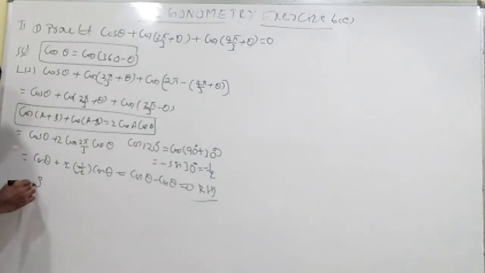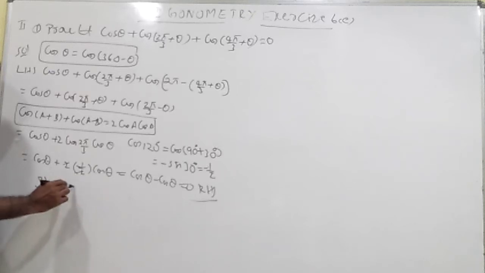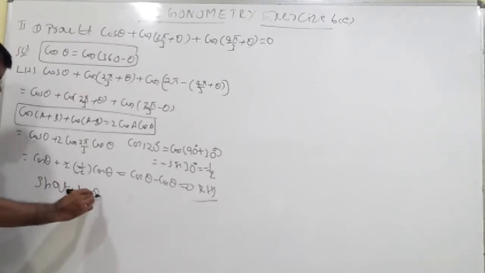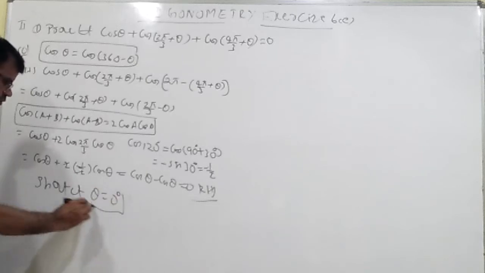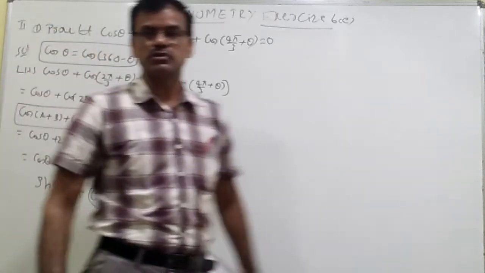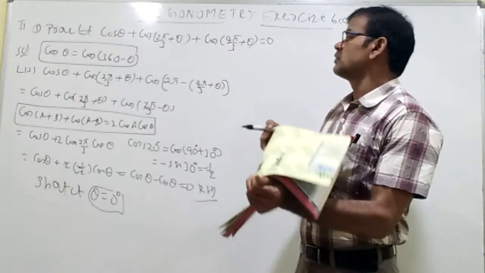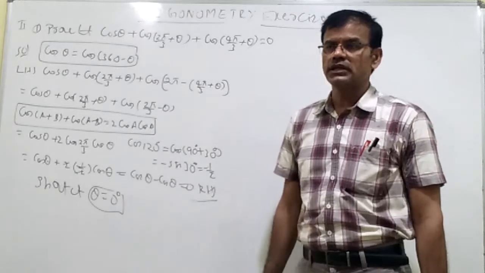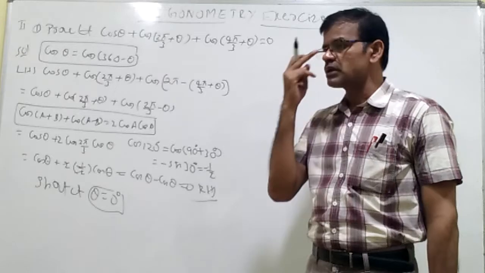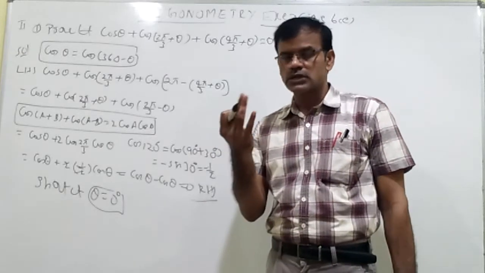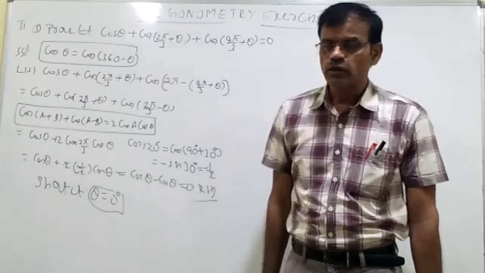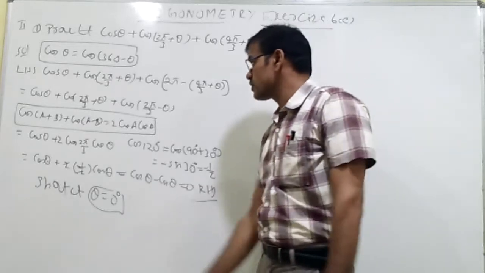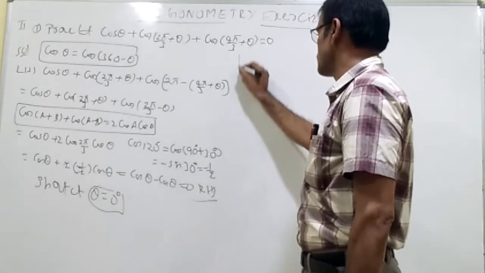For this one, if the same question is given in objective, then you should put the shortcut theta is equal to 0. For objective, for cos or sin, put theta is equal to 0 degrees or 90 degrees. For all other trigonometric values, tan, cot, cosec, sec, theta is equal to 45. You will be getting plenty of sums. Easily you can get the answers in objective.